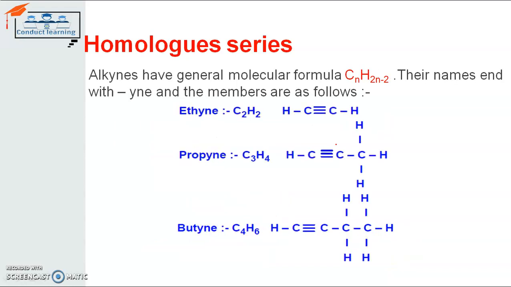The next example is here for alkynes. Alkynes have a molecular formula that is different from alkanes and alkenes. And the chemical formula for this is CnH2n-2. So we just have to find out the number of carbon atoms in a particular carbon compound. Accordingly, we can find out the number of hydrogen atoms for that compound also. So if we take the example of ethyne, the number of carbon atoms in ethyne is 2. So accordingly, the hydrogen atoms can be found out.